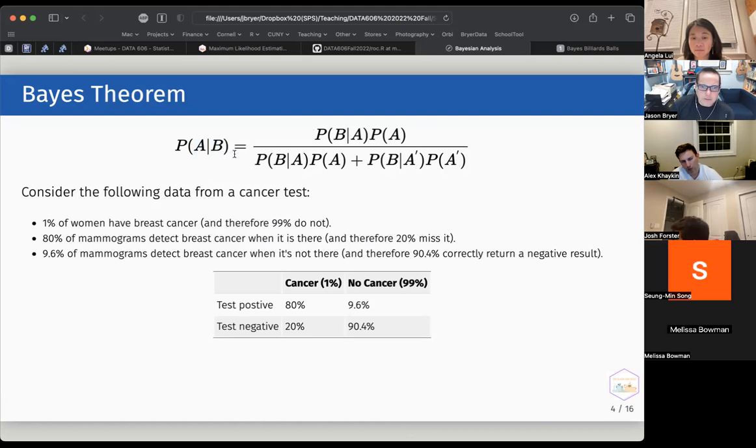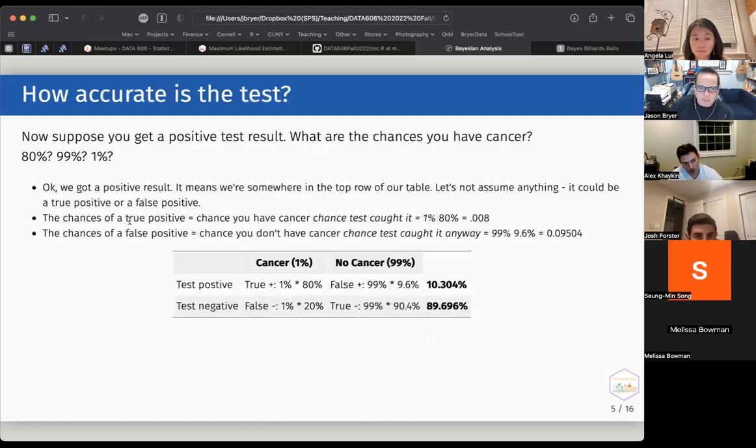But we have all these other components. And so that's the beauty of Bayes' theorem, right? So if we get a positive result, it means we're somewhere in this top row. And so we have the chance of a true positive is the chance you have cancer